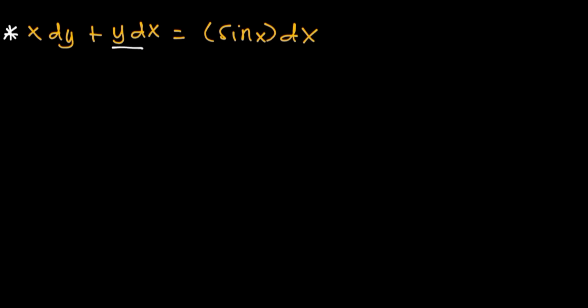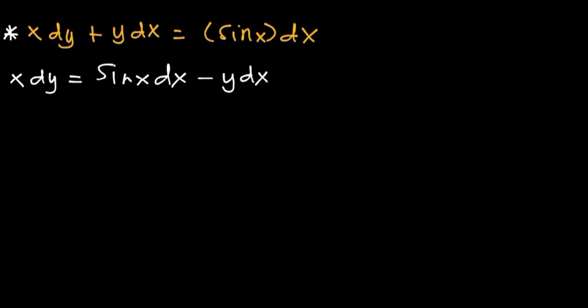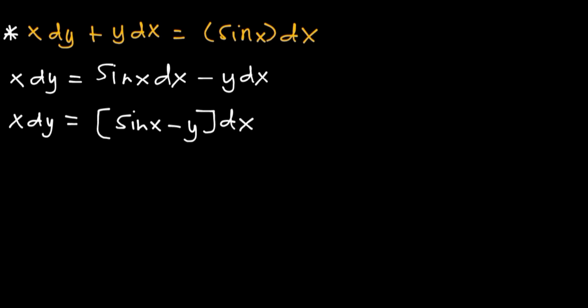So I could well take this to the other side, and that would give us x dy is equal to sine x dx minus y dx. And from here we could well factor out dx. So we're going to have x dy, and that will be equal to sine x minus y, and you're going to have dx on this other side. So I need to divide through by dx. Now doing that, we're going to have